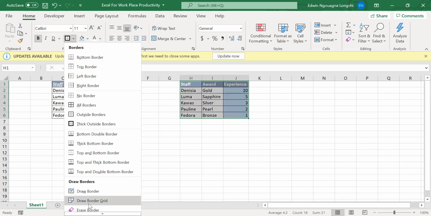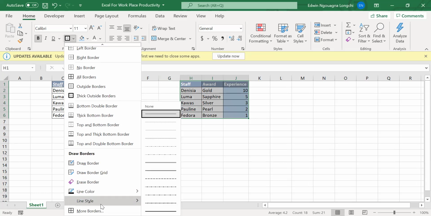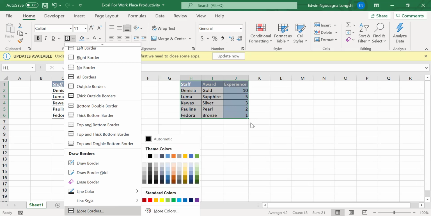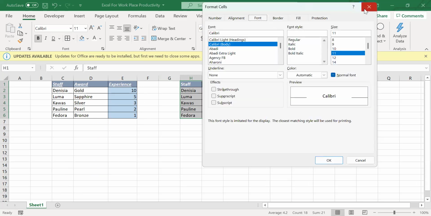Okay, if I come right down to line style, right? I come to line style and go down. Okay, no, not line style. More borders. Okay. No, not there.